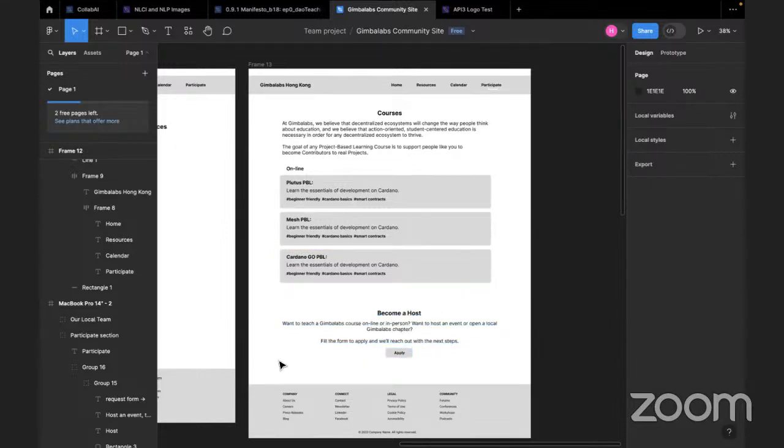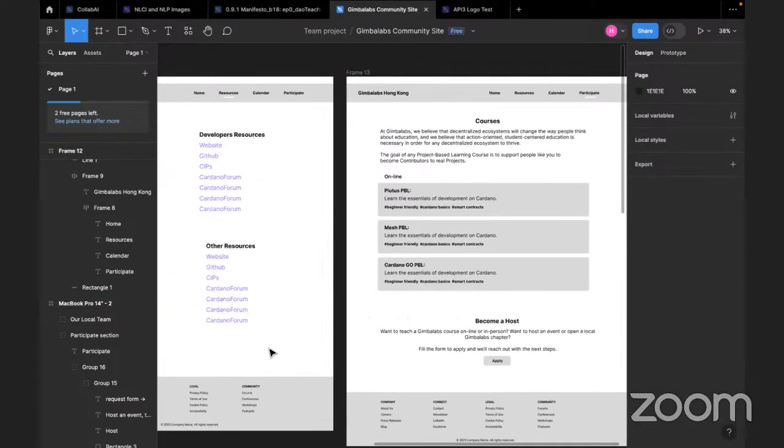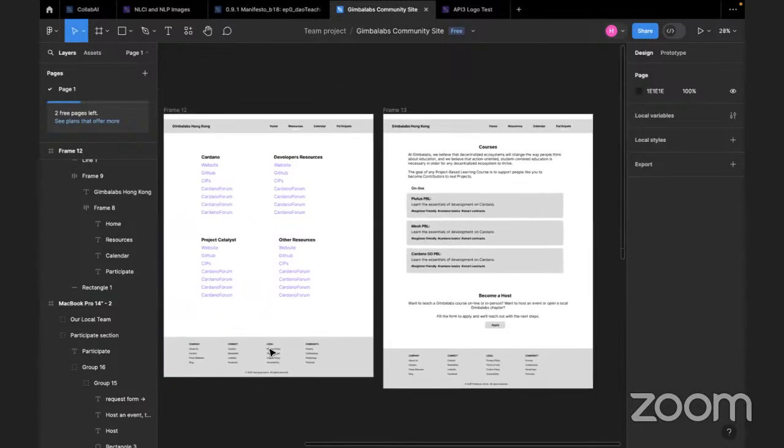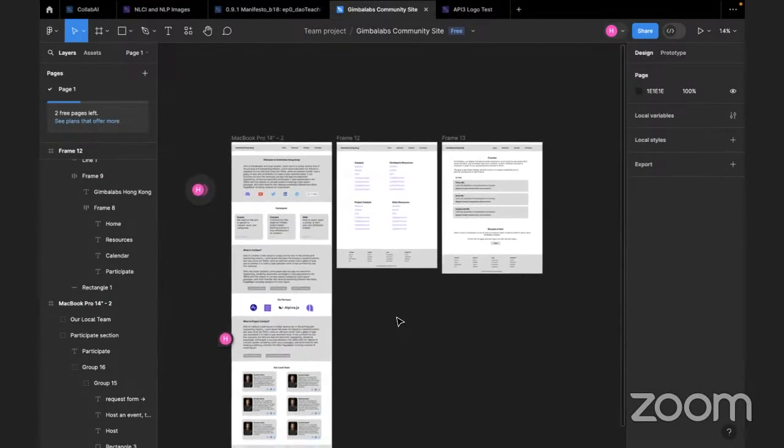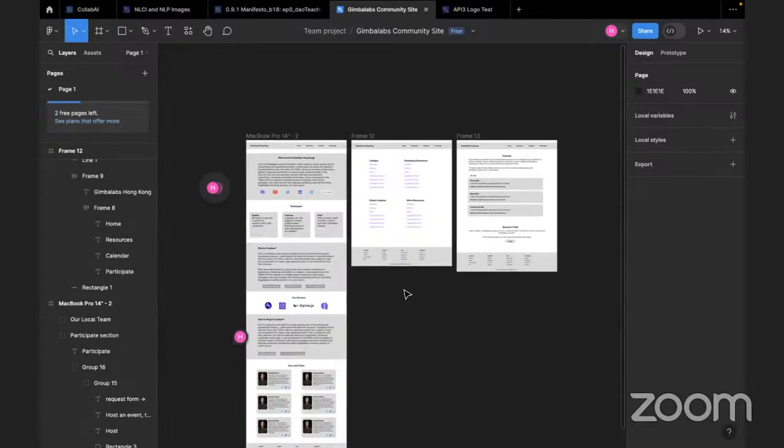Yeah, actually the cool part is that for resources and courses, we could just duplicate it for different geos directly. So I think just keep that. We can also pull from a public Andamio endpoint to pull in current Gimbalabs courses, stuff like that. Yeah, that would be cool as well. Sounds so far so good. Okay, thank you, guys.